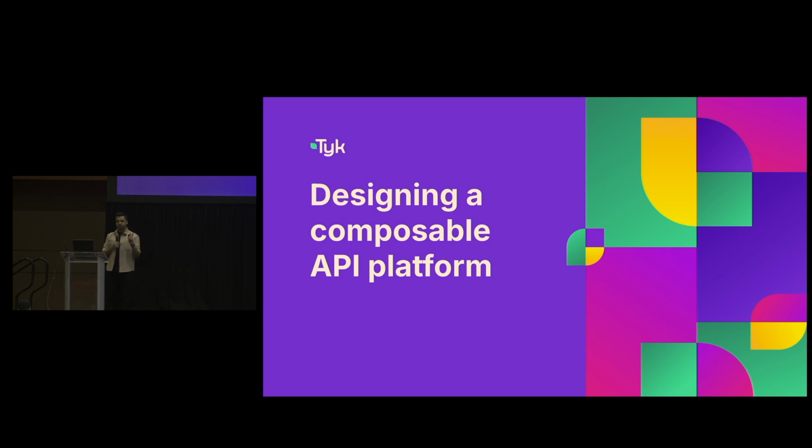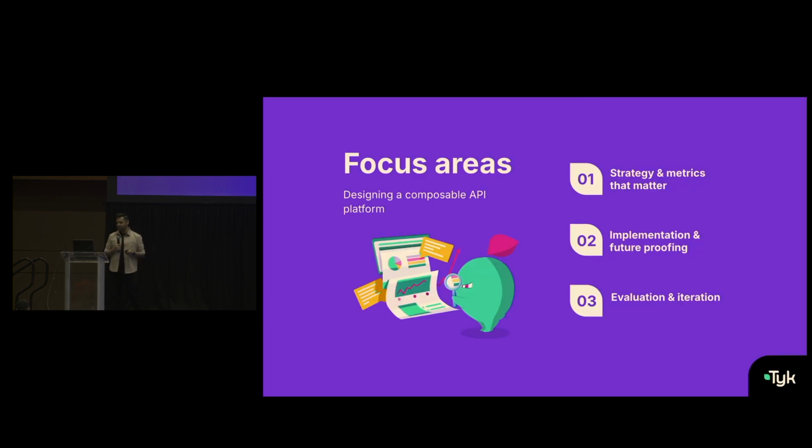Remember, we talked a little bit about bringing people together and people also being an important aspect, whether it's internal stakeholders or external stakeholders. Well, one of the best ways of doing that is to be able to unite people towards specific outcomes. And when we talk about API platforms, there are certain metrics that tend to stand out. Yours might be different than mine. So here are a couple of things I'm going to touch upon. I'm going to start off with the strategy metrics and the metrics that matter, followed by implementation and then evaluation.